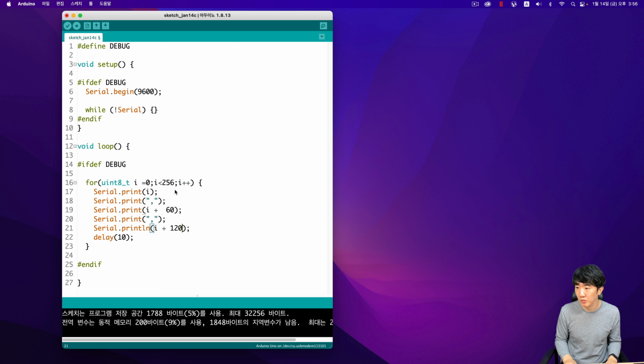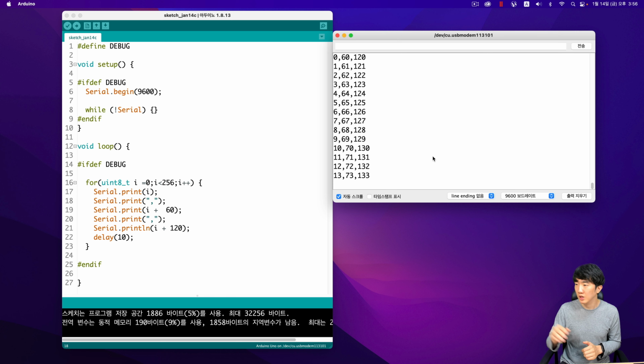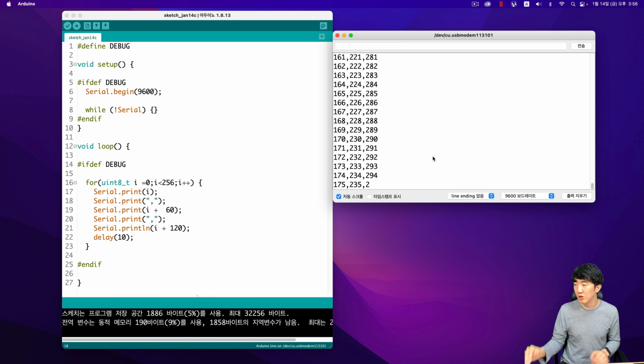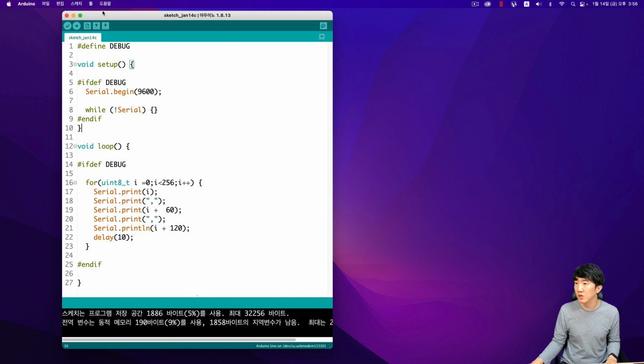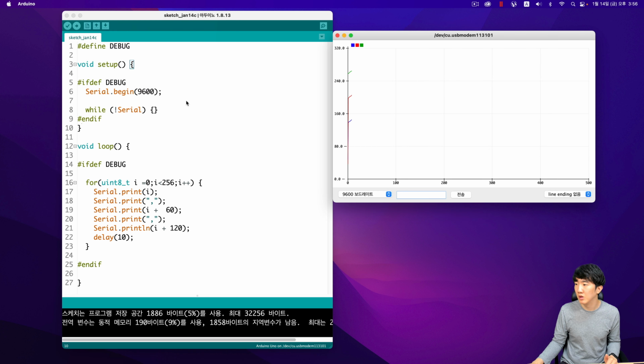The serial monitor is a tool that allows you to see the data being transmitted from your device to your computer. It is very useful for debugging and understanding how your device is working. By looking at the serial monitor, you can see the exact values being transmitted, which can help you identify any issues or errors in your code. The CSV format, which stands for comma-separated values, is now separated by commas. This means that each value in the dataset is divided by a comma, making it easier to read and process